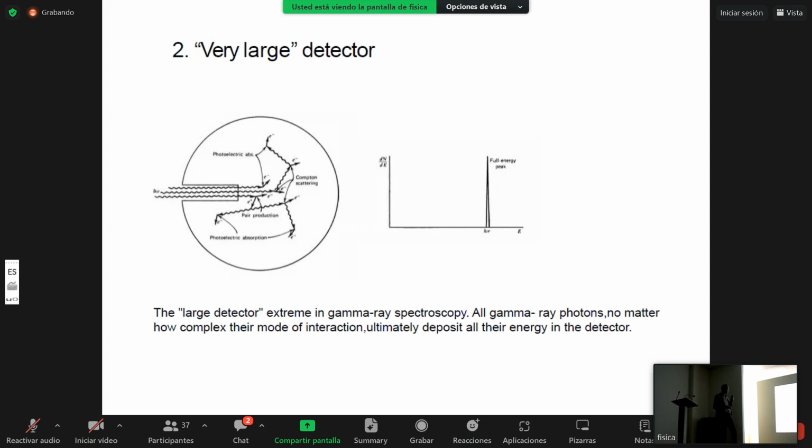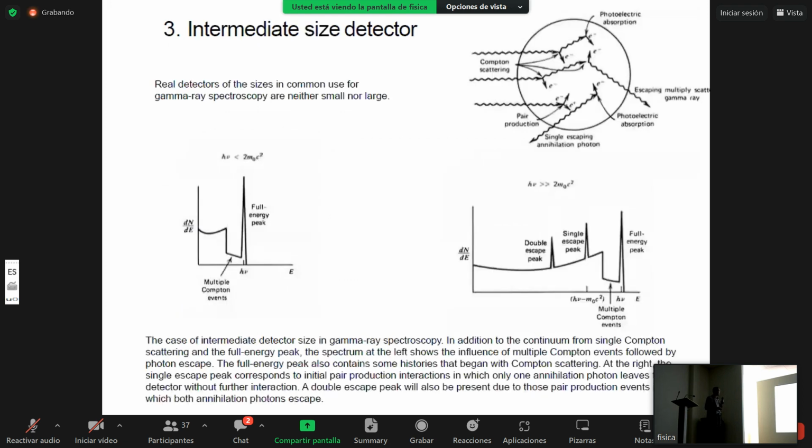Of course you would like to have this feature, but in reality it's impossible because for some applications we can't have these enormous detectors, and we have to use detectors of intermediate size,